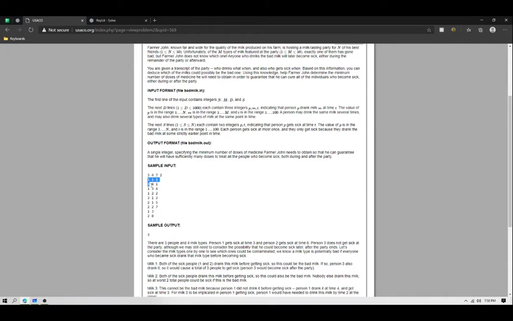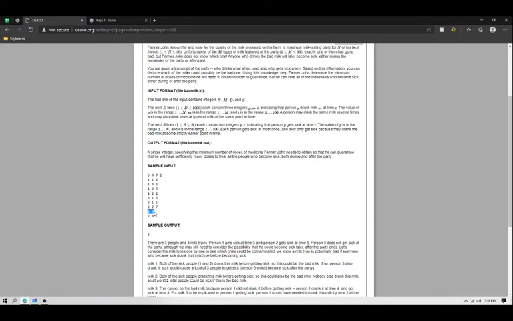And D tells us the number of logs, I guess you could say, of time that tells us who drank what milk when. And then each line says person P drinks milk M at time T, and then the next S lines state that